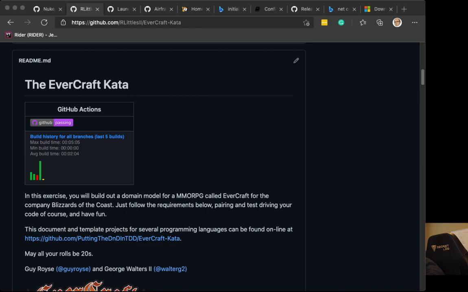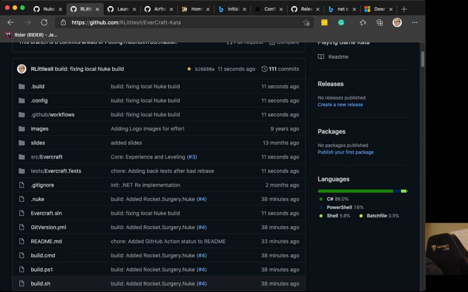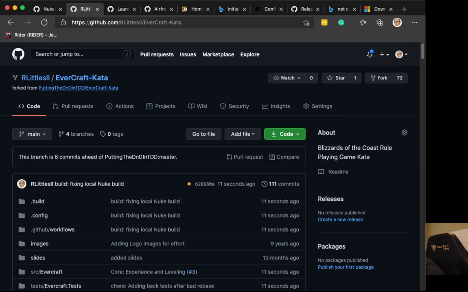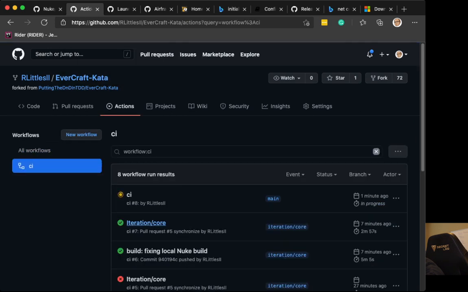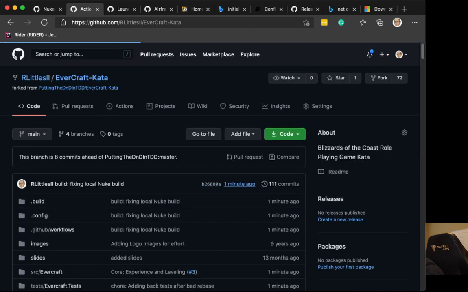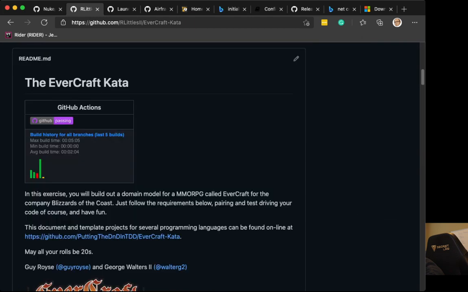So now let's just do a pull, fast forward only, on main. That is awesome. So let's get rid of this local branch. I'm just cleaning up some stuff. Cool. So yeah, long and short, I'm extremely satisfied with this at this point. Now we've written very minimal YAML. We've got GitHub Actions working at a cursory level with some basic stuff. And now I have fidelity into the fact that my EverCraft kata is going to build and work when I forget to check in code for a week and come back and start pushing stuff to the server,